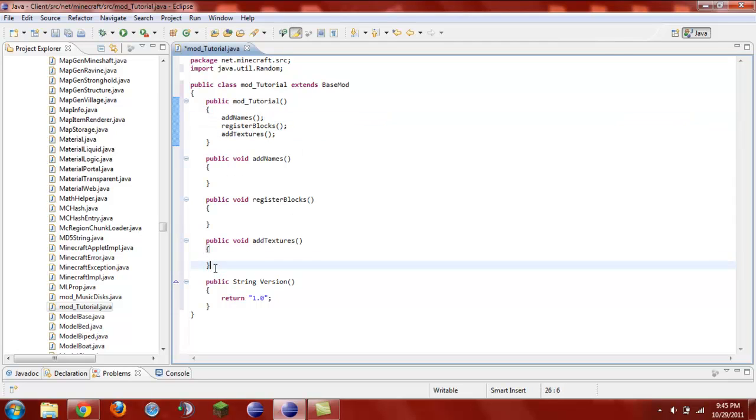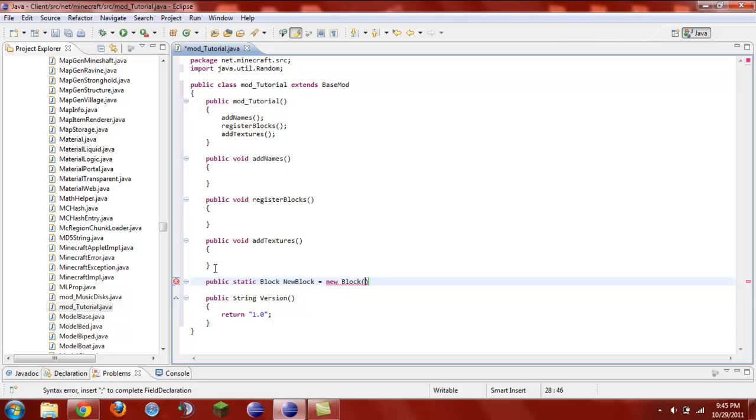So first we're going to come down here below addTextures and do public static Block. We're going to call our block newBlock. And that is equal to a new Block. And so the first number we're going to put in here is the ID. So our block is going to have an ID of 150. Now the second thing you put in here is the material, which sets the sound that it makes when you step on it and you break it. So we're just going to do Material.ground,